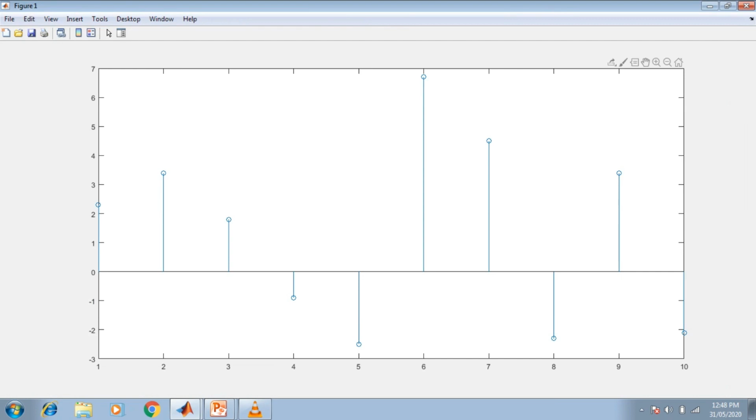You can see on the horizontal axis we have the markings from 1, 2, 3, 4, 5 up to 10 here. So 10 samples.